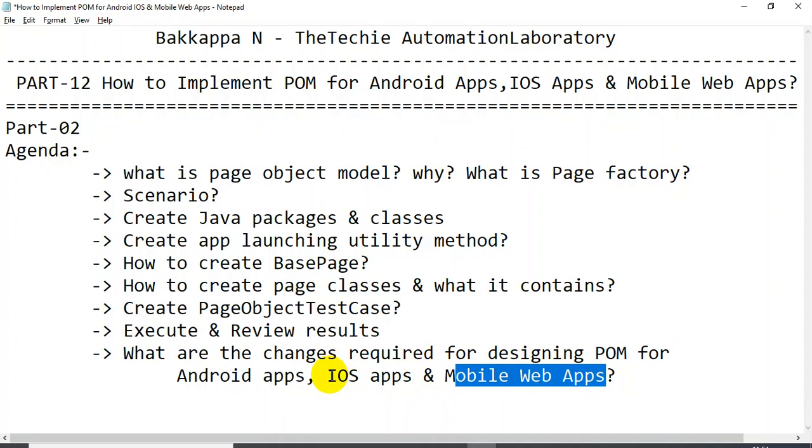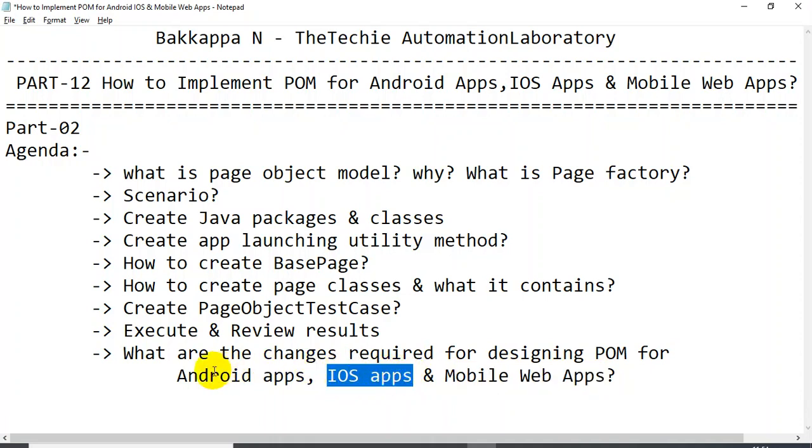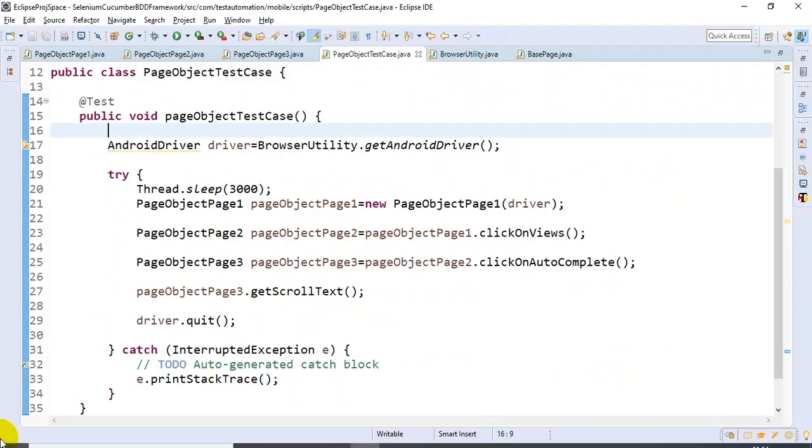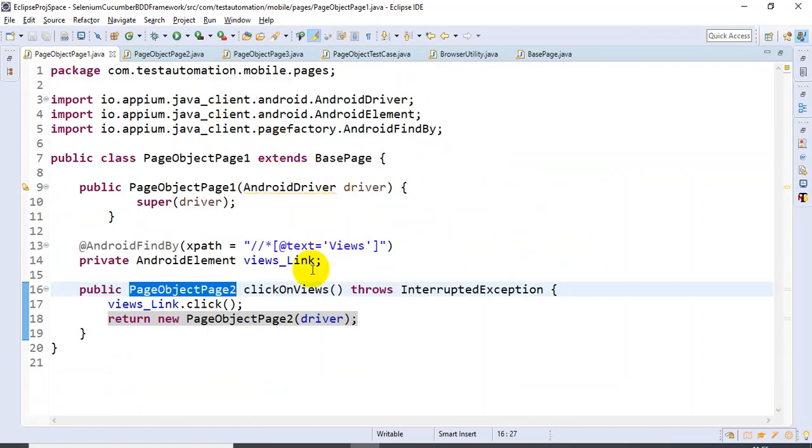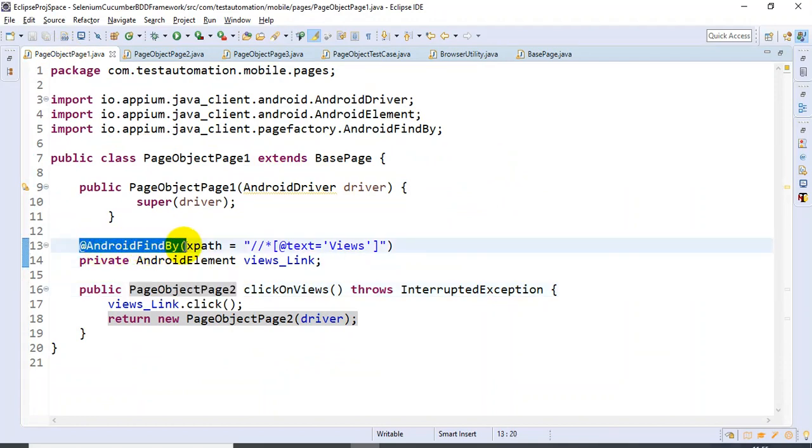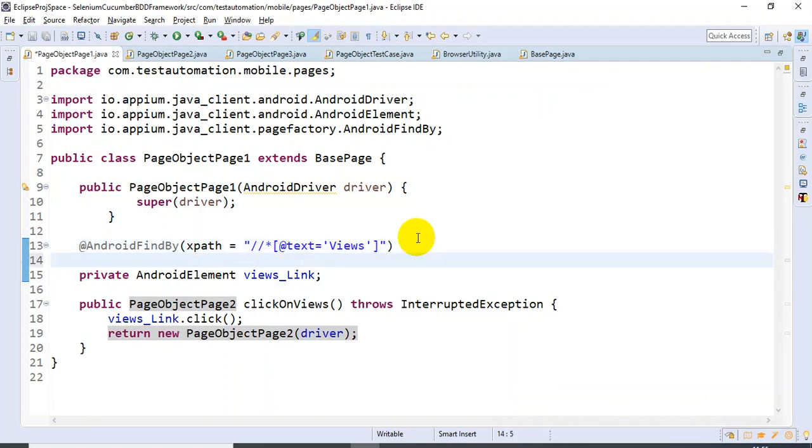So let us talk about iOS apps. We have discussed the Android apps till now. So now we will talk about iOS apps. I'll go to the Eclipse IDE, to the page object page1. See guys, this is the annotation I have used for identifying the Android element. In a similar way, you can use the